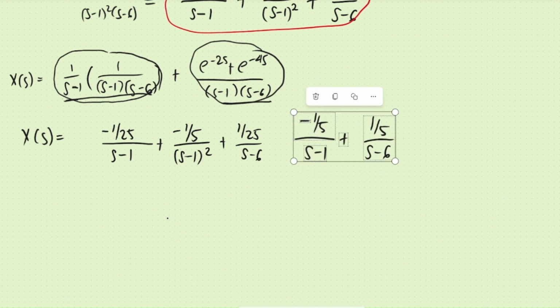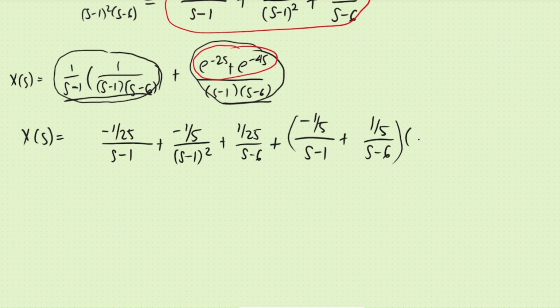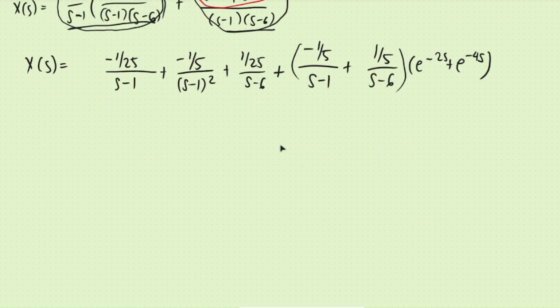So we now have, but take note that we still have this term here, so we don't forget about that. We're going to write it down here, e to the negative 2s plus e to the negative 4s. Okay, now it's time to solve for our x of t, our explicit solution,